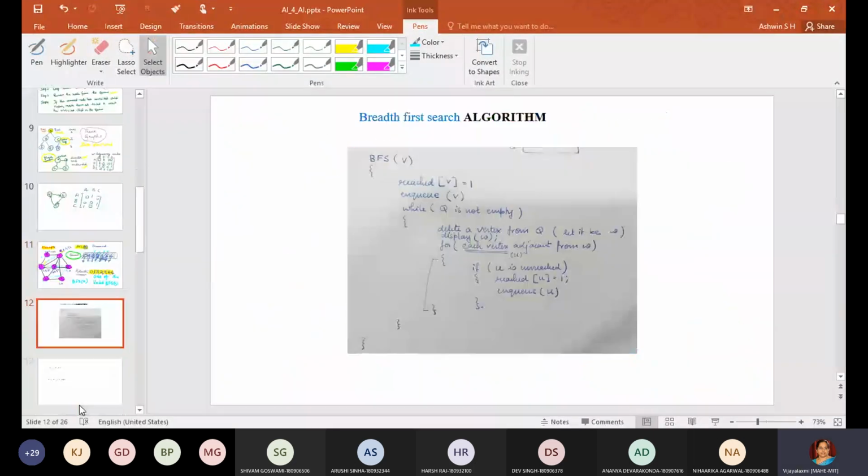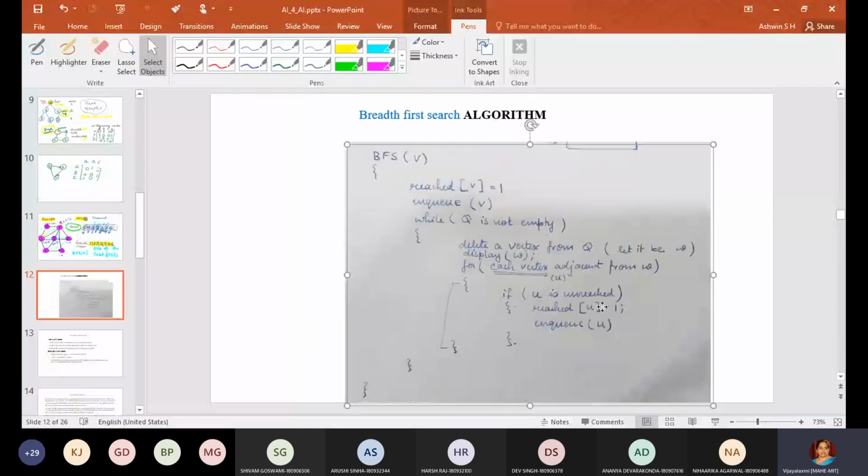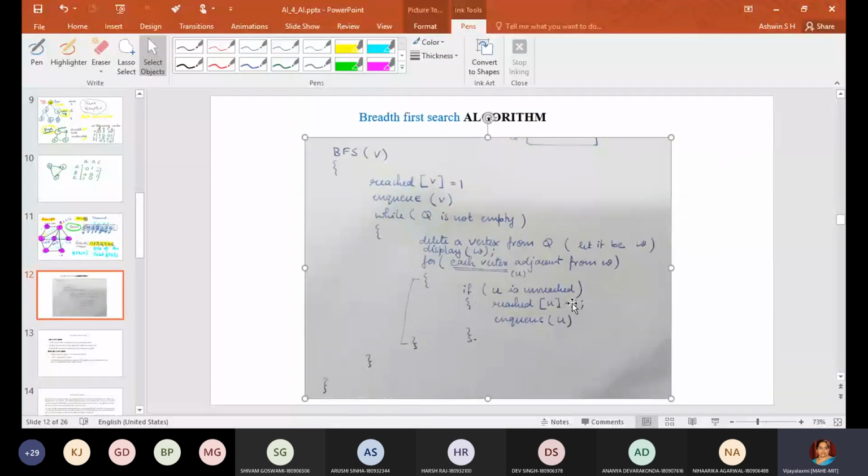Okay, this is the algorithm which I have written for the BFS. If you are analyzing it in an algorithmic way, since I am sharing the slides, I will not explain this. It is the same thing. Wherever I am entering into the queue, I have used NQ here. I have used one reached matrix.